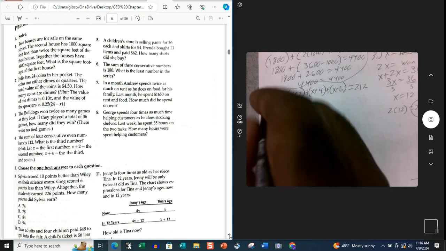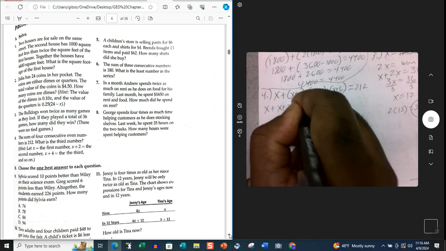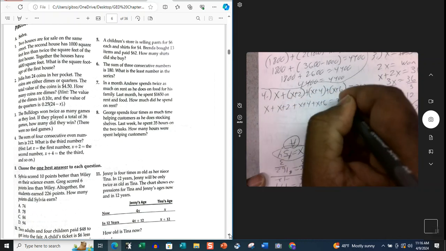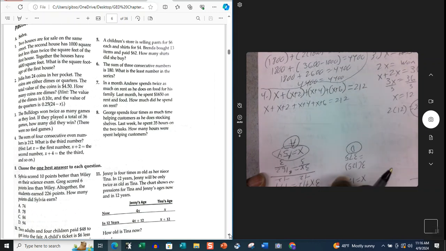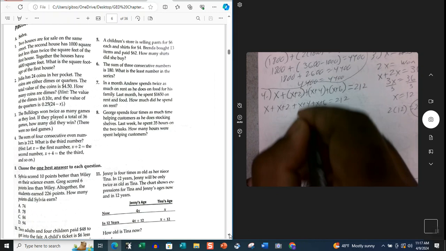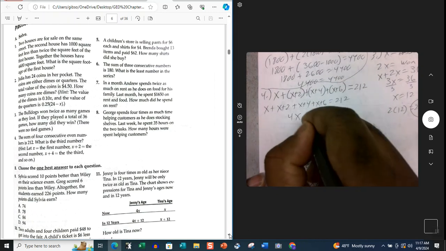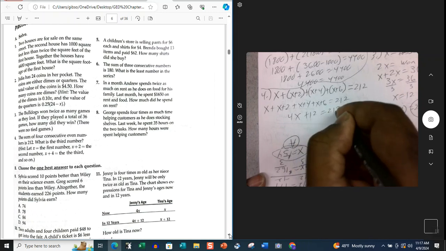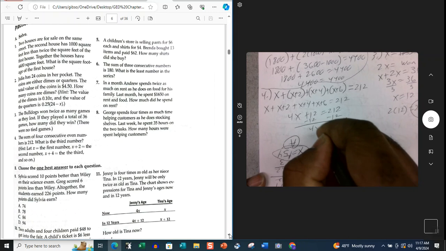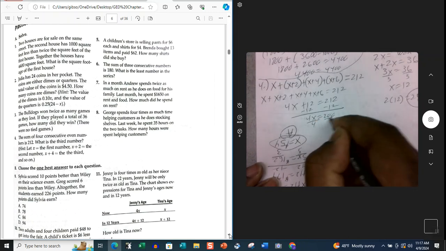So since this all just has plus signs in front, we could drop the parentheses and bring them down as is. So x plus x plus x plus x is 4x. 2 plus 4 is 6 plus 6 is 12. So we'll subtract 12 on both sides. So we have 4x is equal to 200. Divide each side by 4,